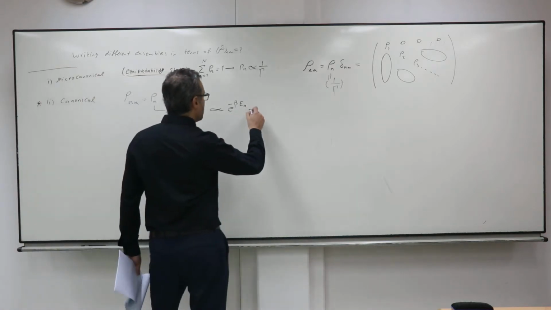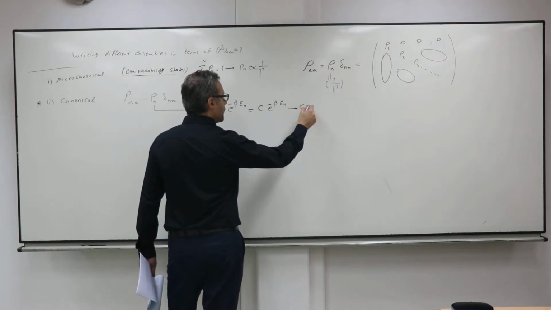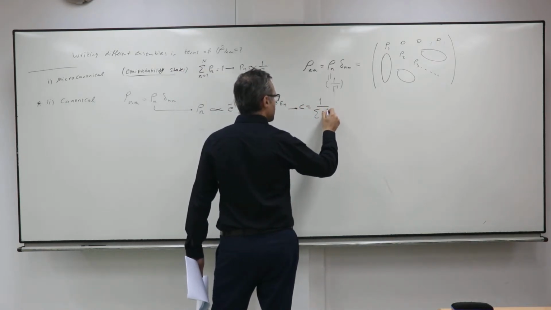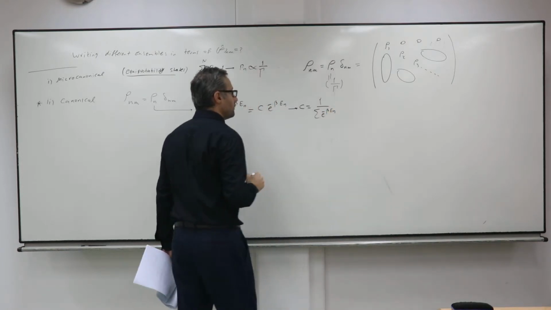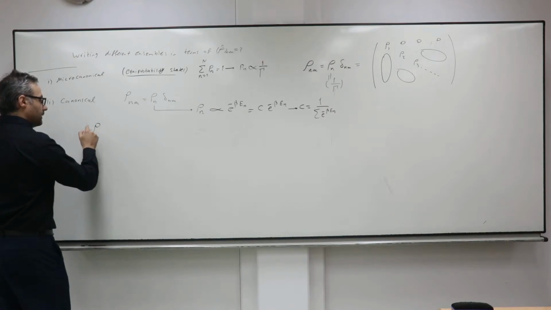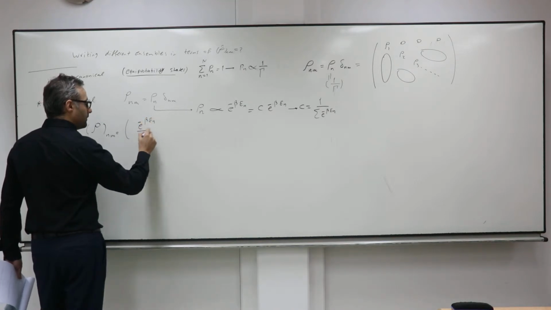So if you want to make it exact, you need to write that, and you know how to find the C. C was 1 over the sum of e to the minus beta E n. So the rho nm element is just e to the minus beta E n